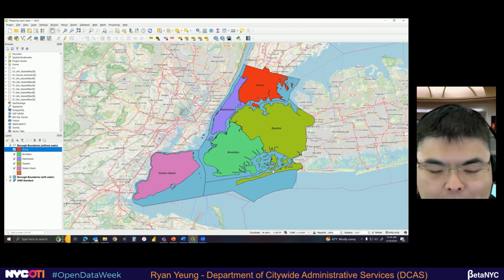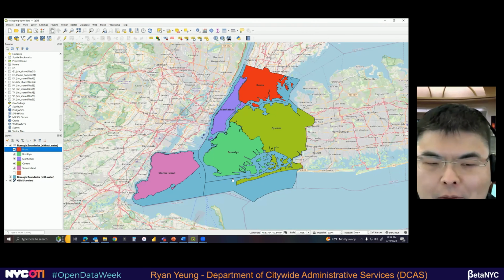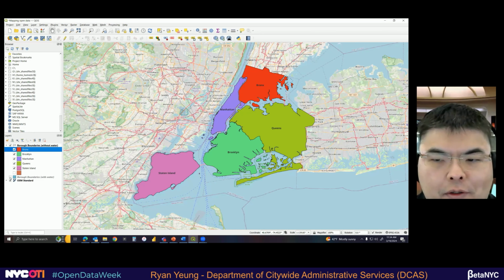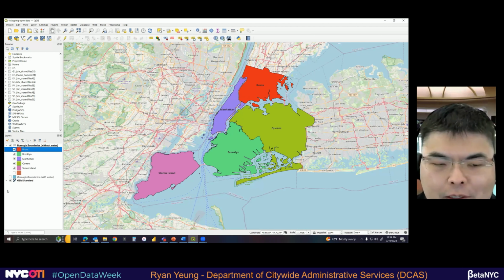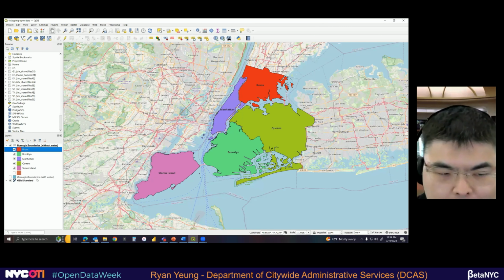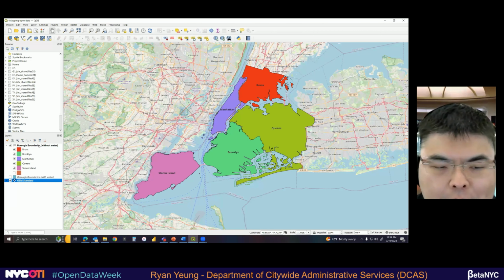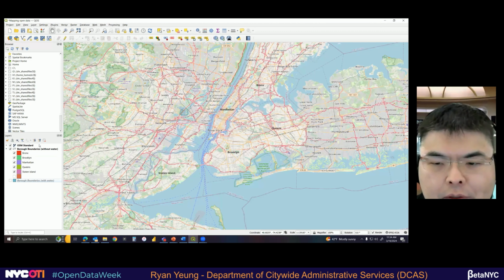We have this base map now. We probably don't need the water anymore from our old map, so let's remove that. Let's just unclick the one with water. And what else? The borough boundaries without water. We want to see the roads, and right now it's not covering the base map. Let's drag the base map to the top and see what happens. Now we have just the labels, but not filled in.